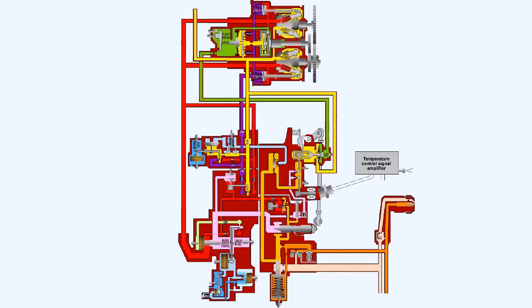Various devices within the fuel control unit are used to adjust the fuel flow to cater for variations in air intake pressure, engine acceleration control, exhaust gas temperature, RPM limiting, and compressor